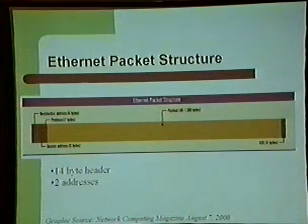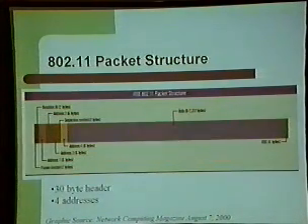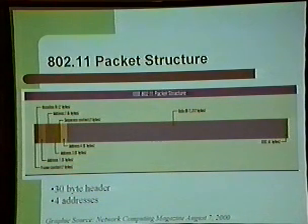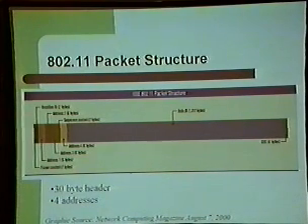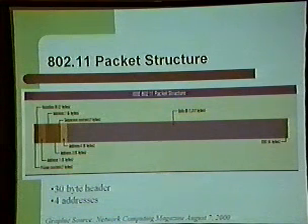So this is your standard Ethernet packet. This is the data. If you look, it has a 14-byte header. It has a destination address, a source address, and some protocol information. Now if you look at an 802.11 packet, it has a 30-byte header. So already your network overhead is far greater than just using normal Ethernet. And it has 4 address spaces, and the reason for that is for roaming. So you have your source and your destination, but if you're roaming from access point to access point, the wireless network needs to know where to forward those packets that it received from the previous access point to the new one. So it has 4 address spaces to handle that.